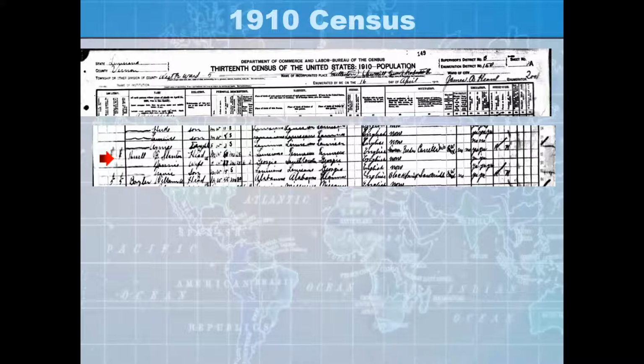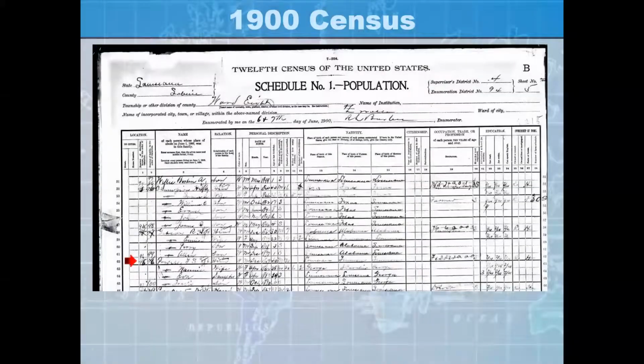There is also a column indicating whether the person was a veteran of the Civil War. Health, blindness, and deafness were recorded. Many of the war veterans were living on small pensions because of injury or disease, and that would have been indicated on this census. Now, going back another 10 years, 1900, this census shows the family is living in Louisiana's